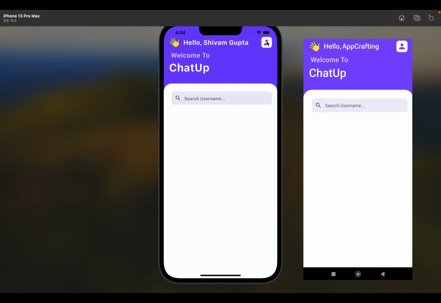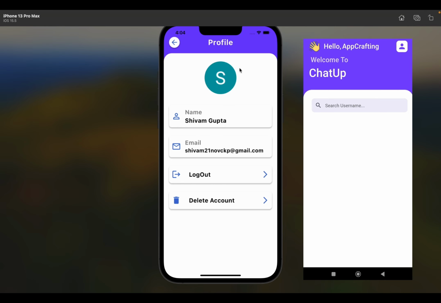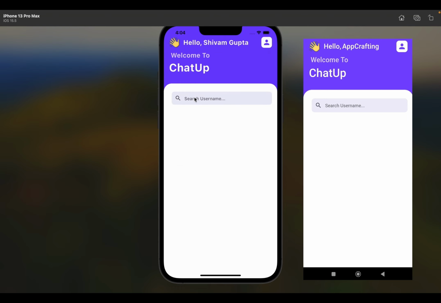And here you can see the profile icon, and by tapping this icon we'll directly move to the profile page where the user can see their profile picture, their name, the email, the logout and the delete button. So we have also added a logout and delete button in the profile page. Now let's go back to the home page, and here you can see the search bar where the user can